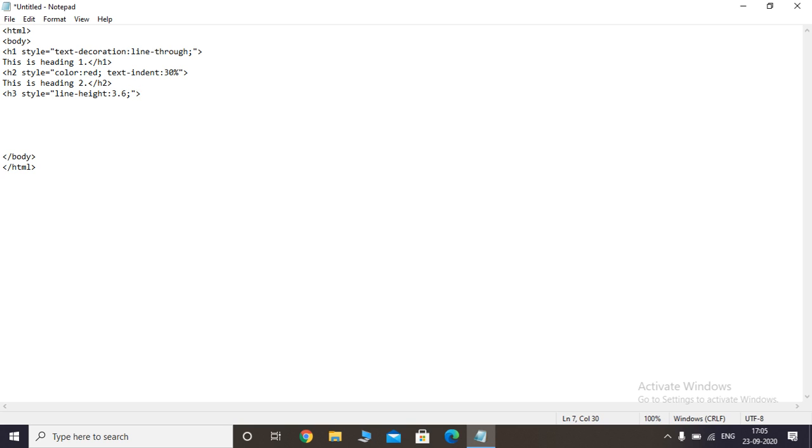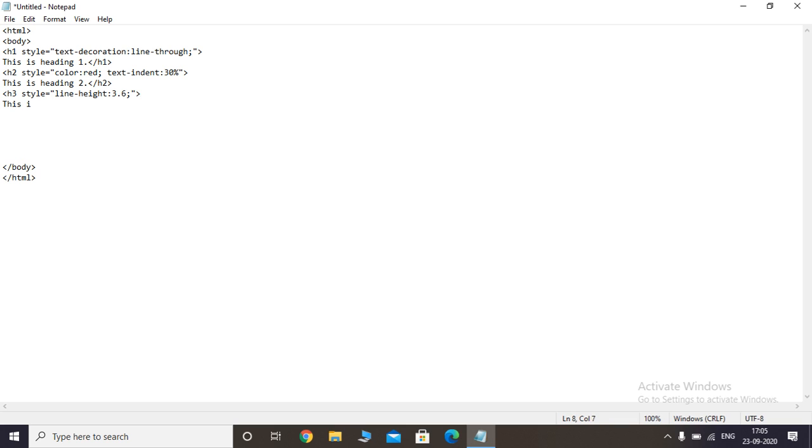So why are we using line-height? The line-height is used to set the distance between the lines of the text. We can give normal or any number, length or percentage. Here we are giving the line-height as 3.6.